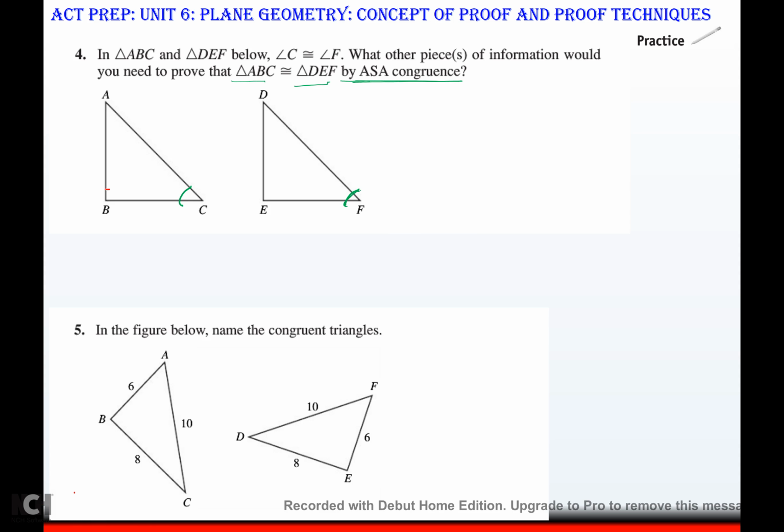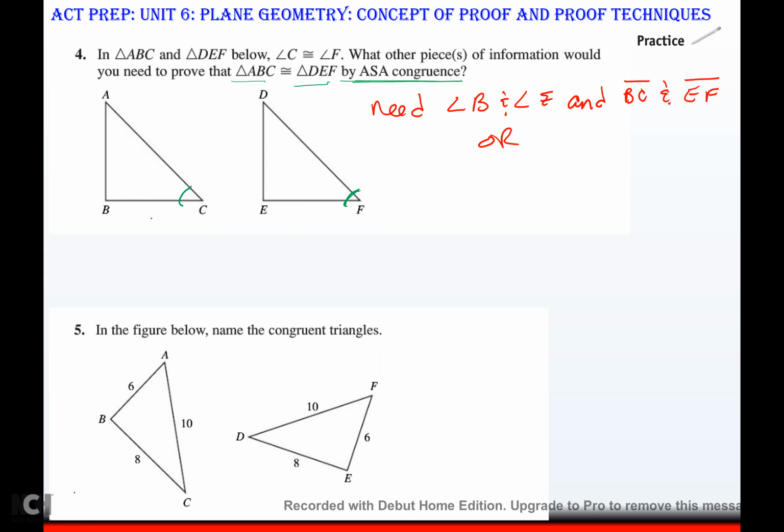If you did this angle and this side and this angle, then I would need to know angle B and angle E, and I would need to know the length of BC and the length of EF. Okay? Or